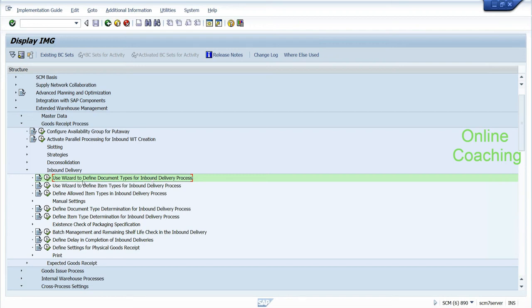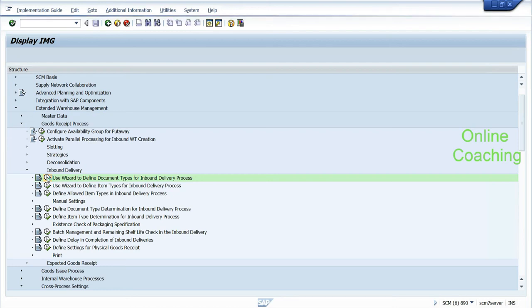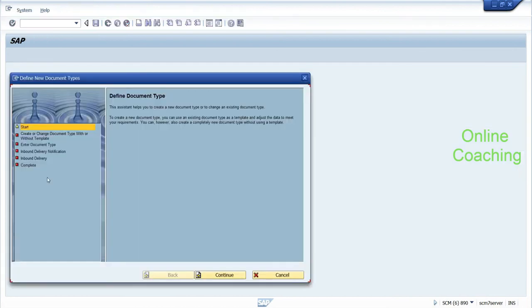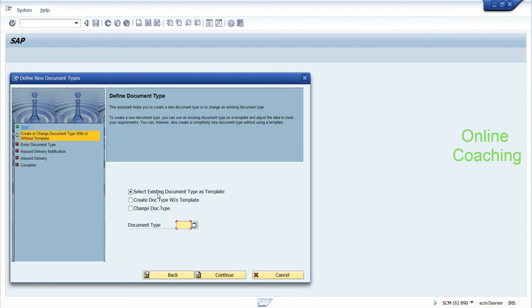So you can use the wizard to define the document type, and as well you can use the wizard to define the item type also. So use the wizard to define the document type for the inbound delivery process. Okay, so you can just execute this, then the system will create everything for you. So this is more like anybody actually can go and do this without bothering about all the settings. So selecting the existing document type as a template, you can just select the